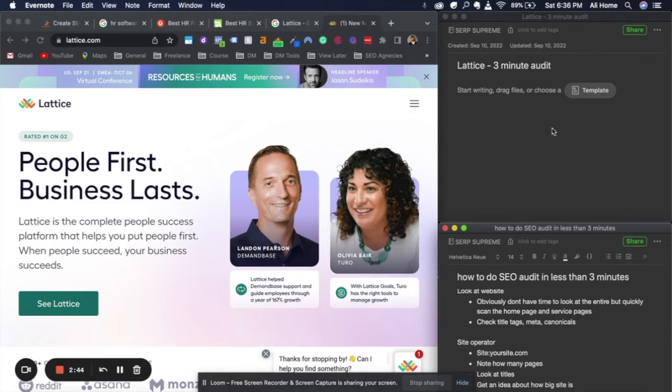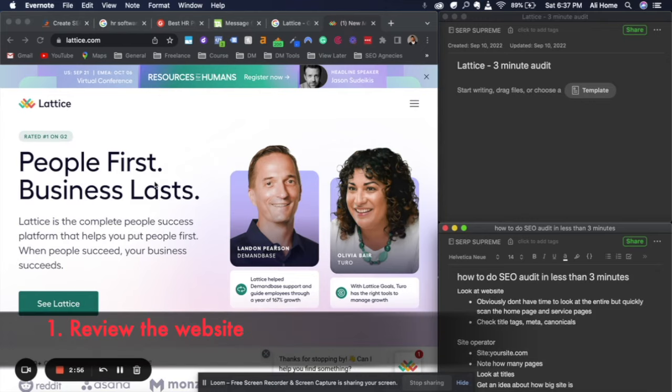I usually have this kind of display set up. This is where I take my rough notes as I'm going through the website, so I don't have to go back and scan for anything. Below here is just my own rough notes, so don't worry about that. Now that I'm on their website, the first thing I'm going to do is